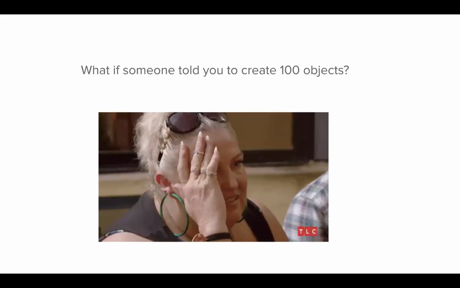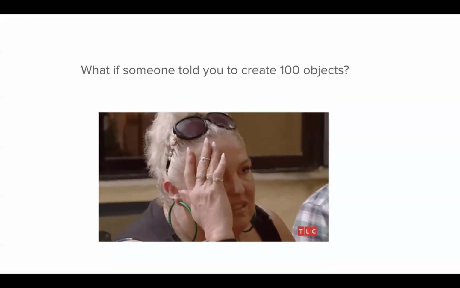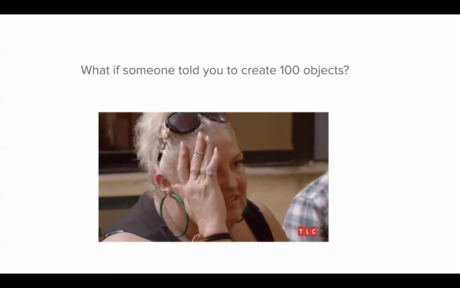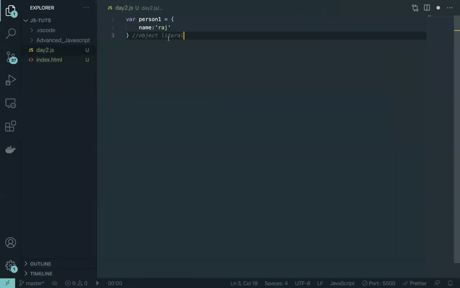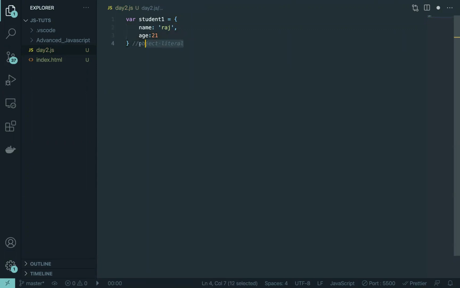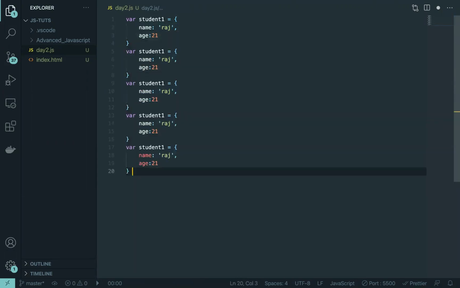So this method is good, and so far we haven't faced any difficulty with it, but there is one problem with creating objects through the previous method. Suppose someone told you to create 100 objects, or let's take an example of our batch Ninjas 2. We have 85 students here, and this is just student1, and we have to pass in the age for each one of them as well. Age 21. So far it's good for just one student, but if I have to create 85 students, or let's say 100, I have to keep on copy pasting it.